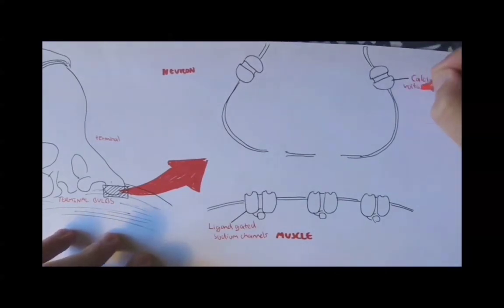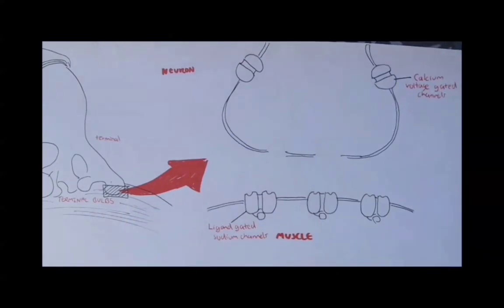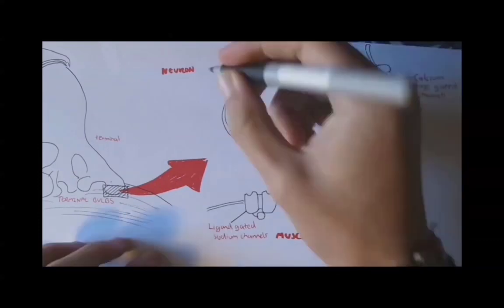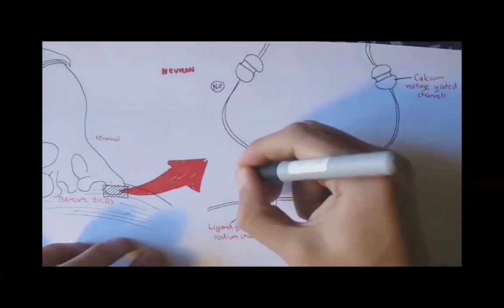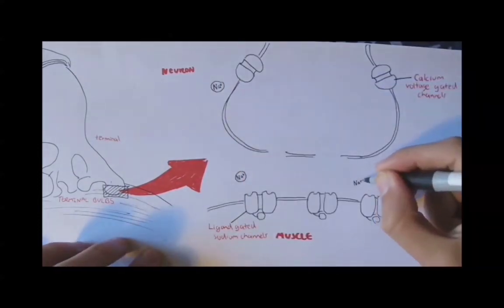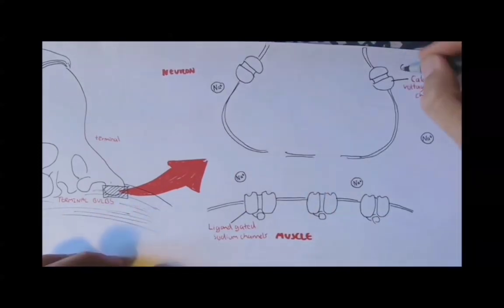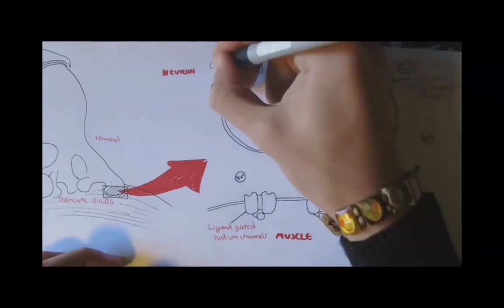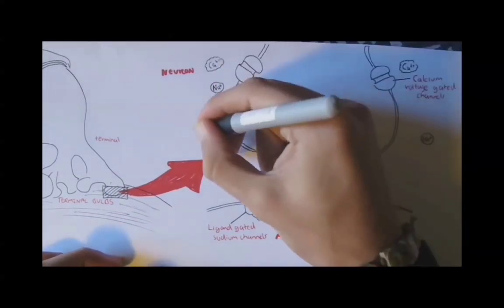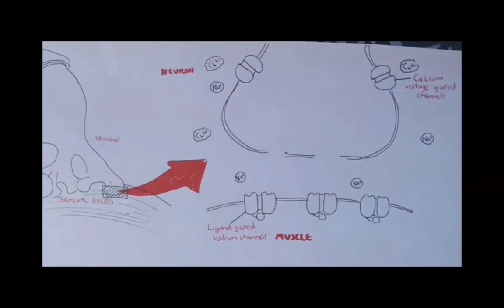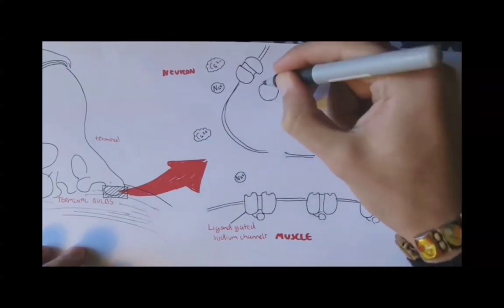It is important to know that some ions are found predominantly on the outside of these cells. In this case, there is a higher concentration of sodium and calcium ions on the outside with respect to the inside of muscle and neuron. Both these calcium and sodium ions, however, want to go inside these cells but are blocked by these channels, including the calcium voltage gated channels.